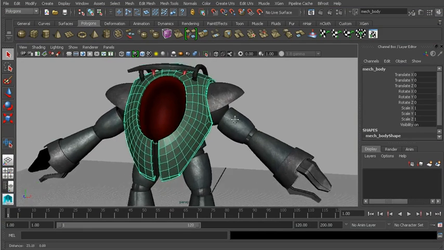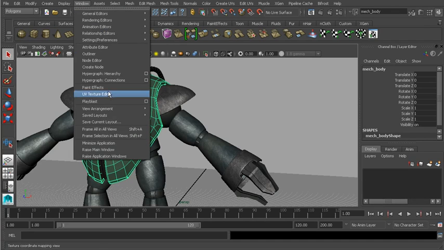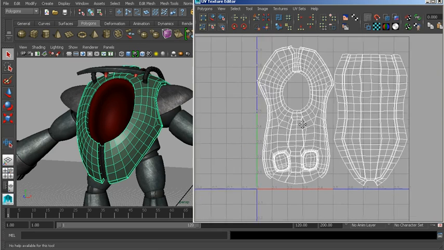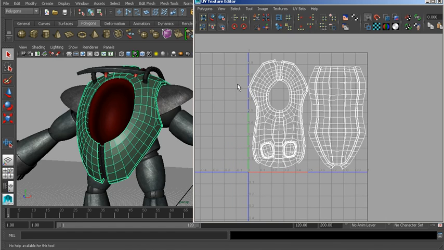So in order to do that, we need to get the UV layout out of Maya and into our painting application. In this case, we're going to be using Photoshop. So let's open up our UV texture editor, and we can see the UVs here. I've just gone ahead and flipped this shell vertically, so I've just rotated it a couple of times so it's facing up. And so what we want to do now is save out an image, and that's called the UV